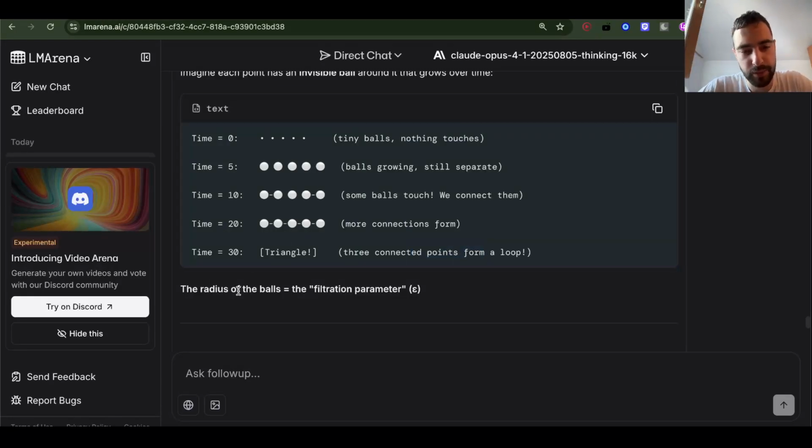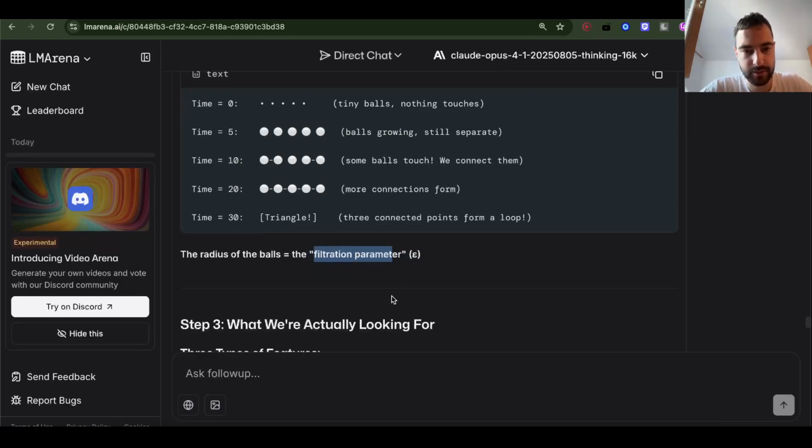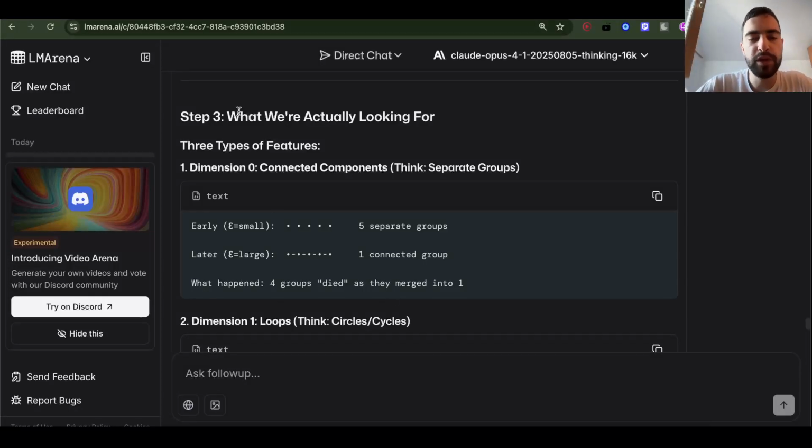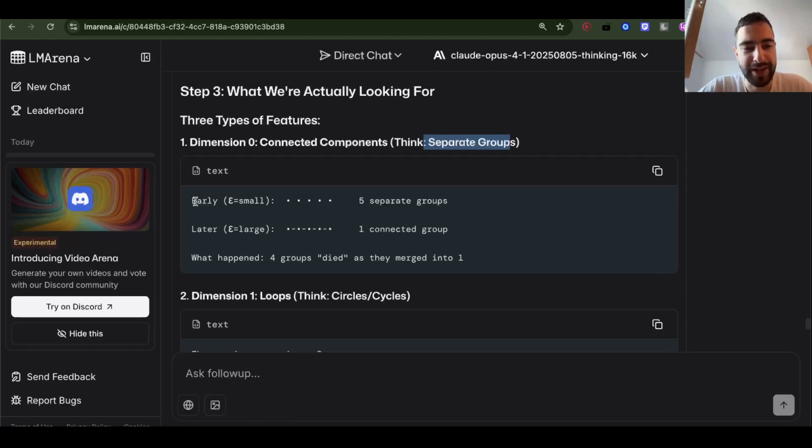The radius of the balls, the filtration parameter epsilon. So there is this filtration parameter. Step 3. What we're actually looking for. 3 types of features. Dimension 0, connected components. Think separate groups. Early, when epsilon is small, the diameter is small, then there are 5 separate groups, 5 separate dots or spheres. Later, maybe one connected group,